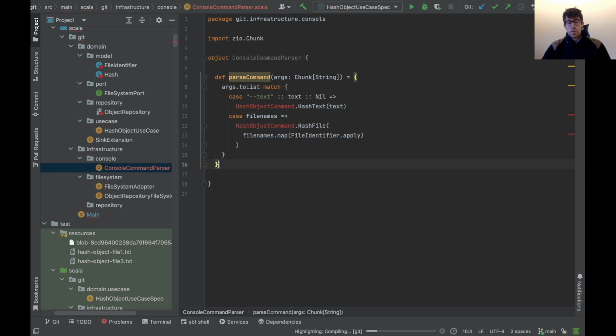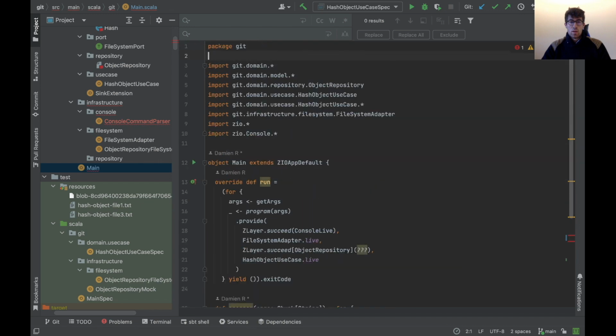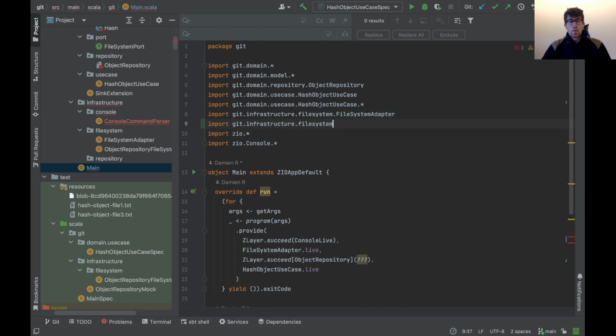For the moment, I'm doing an object, but I believe that eventually we probably need to have layers. IntelliJ is slow, and I'm just going to call it like that for the moment. ConsoleCommandParser.parseCommand. Okay, if we go there,